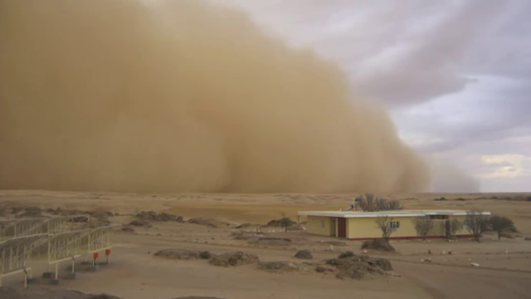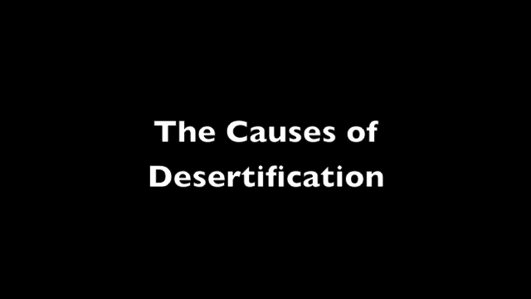Now let's look at the causes of desertification. Basically, I've put the causes of desertification into three main topics. Number one, unsustainable population growth. This means that the population of a region is growing to a number that they cannot sustain in terms of resources. Number two, over-animal grazing. This means that the animals that they are herding around are eating up too much grass, causing heavy deforestation.